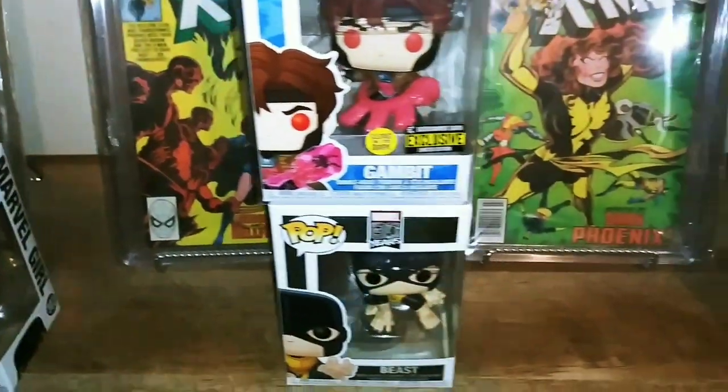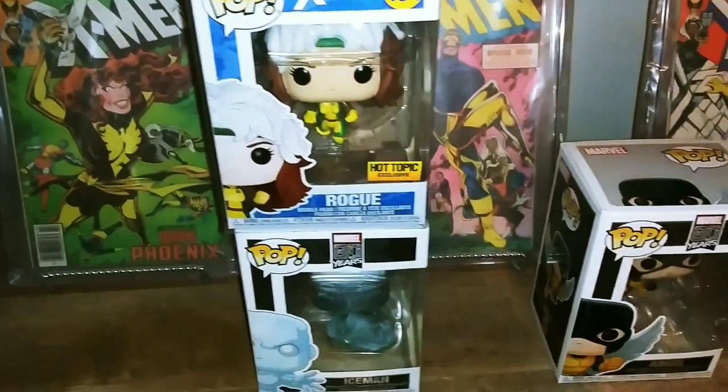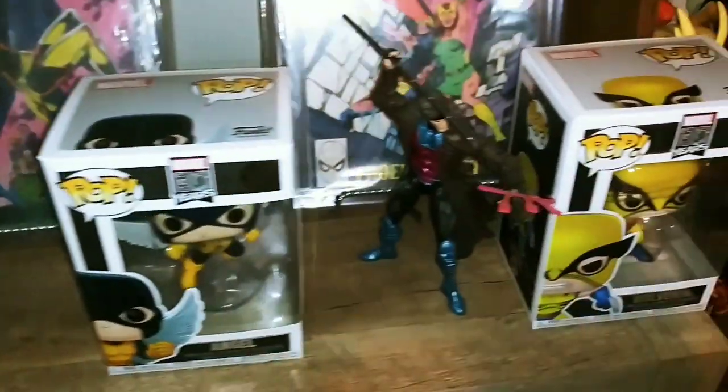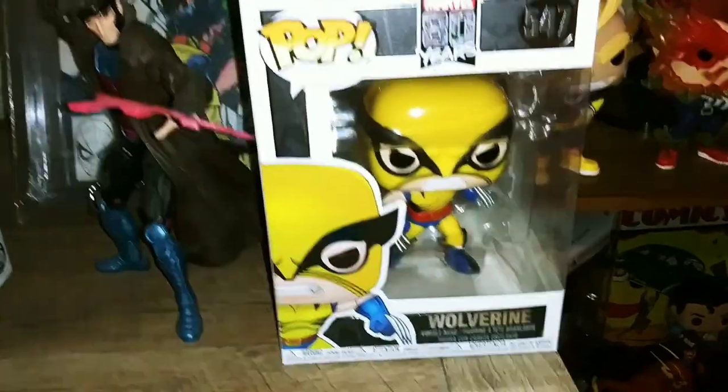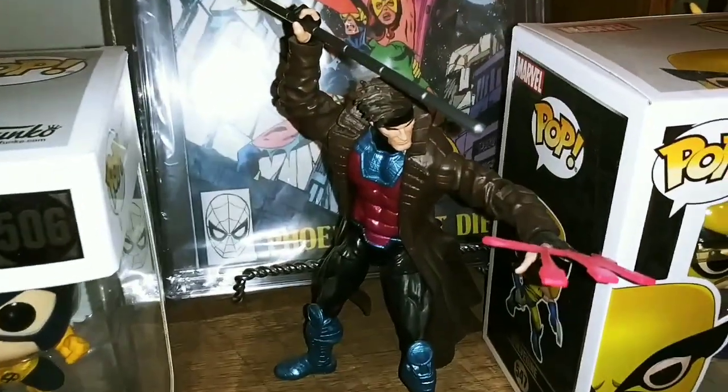Down into some Funko Pops and some figures here for Marvel Legends. Got the classic X-Men as well as Rogue and Gambit. And on the end, I've got the classic first appearance Wolverine. And speaking of another Gambit,